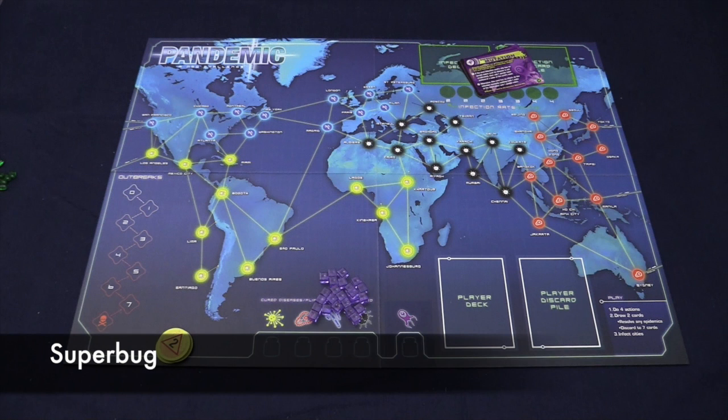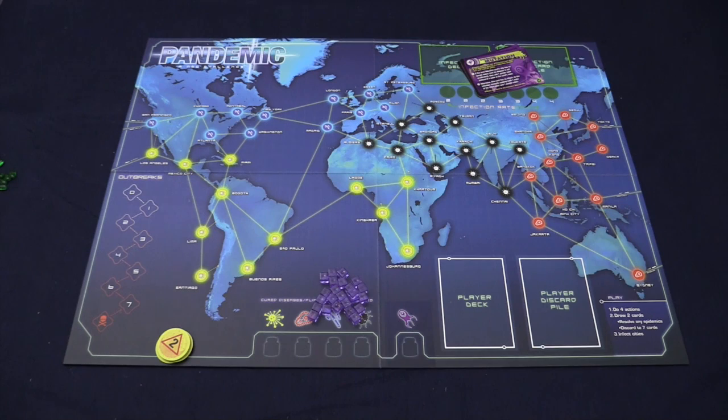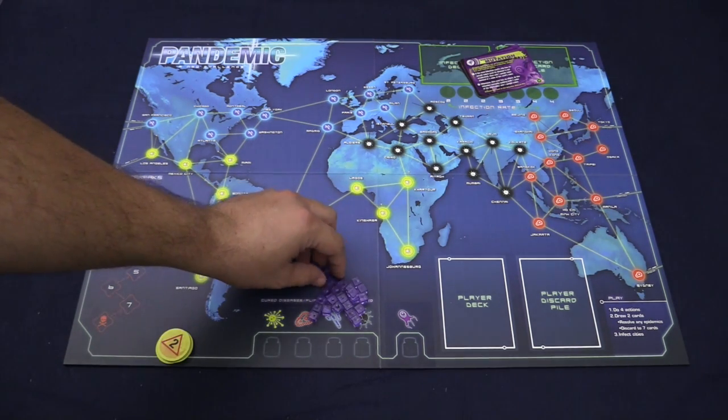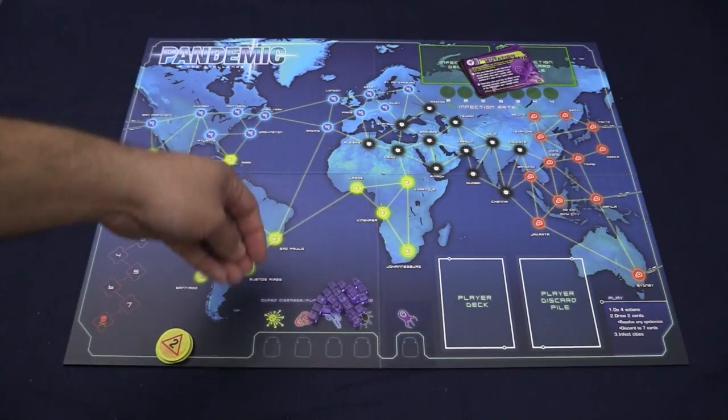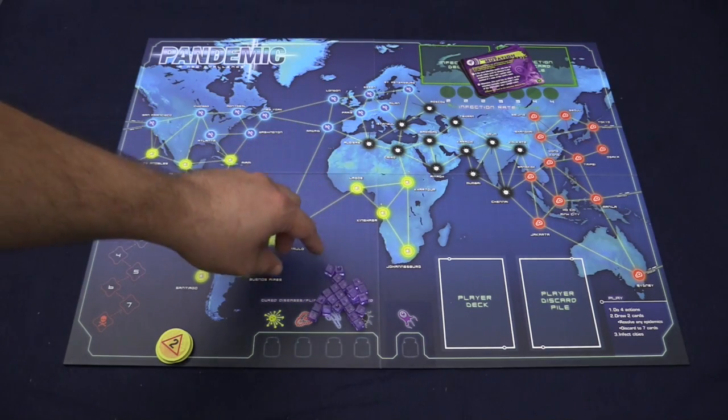The next challenge is the Superbug Challenge, which is the one that requires the most moving parts. So the way it works is, you need to discover the cure for purple, and before you do so, you cannot even treat these. These will just show up on the board. If that card hits again,